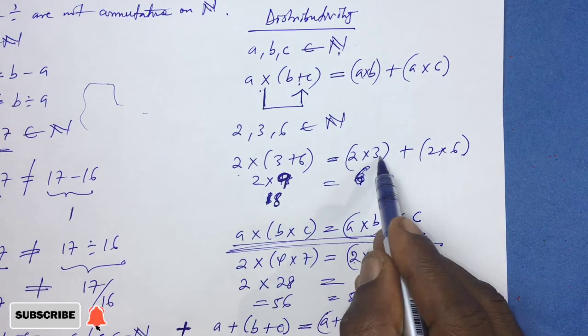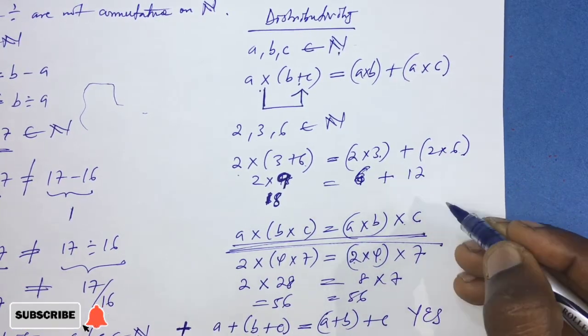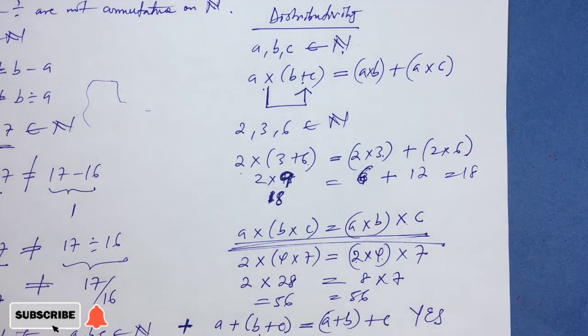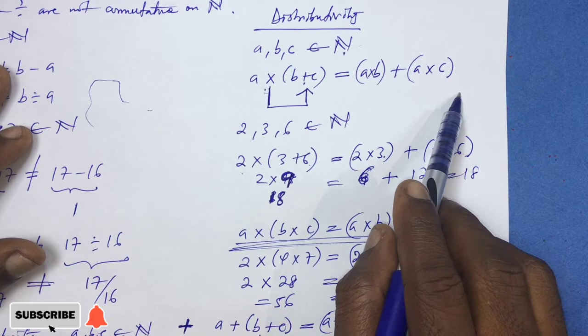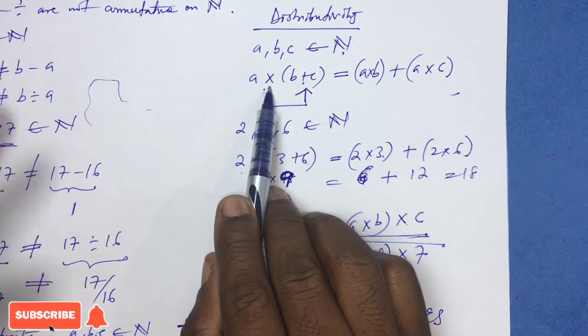Now on the other hand, 2 times 3 will give you 6, and 2 times 6 will give you 12. If you look at it again, 6 plus 12 will give you 18. So you can clearly see that when this is true about a non-empty set, then we say that multiplication distributes